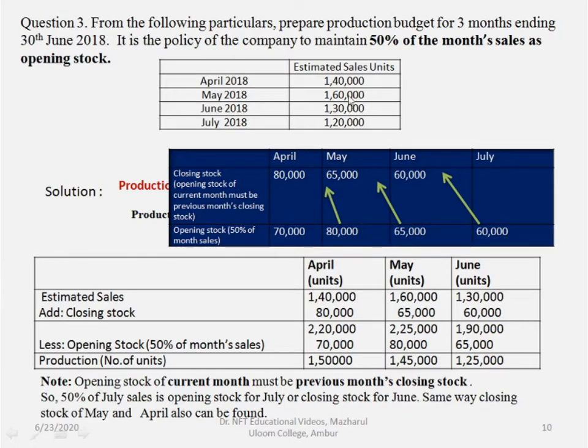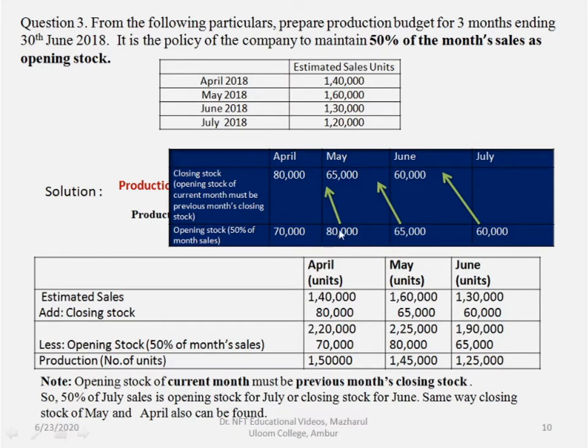50% of 1,60,000 is 80,000, and 50% of 1,30,000 is 65,000. And again for July, 50% of 1,20,000 is 60,000. So opening stock is 50% of month sales. Now we can again say that